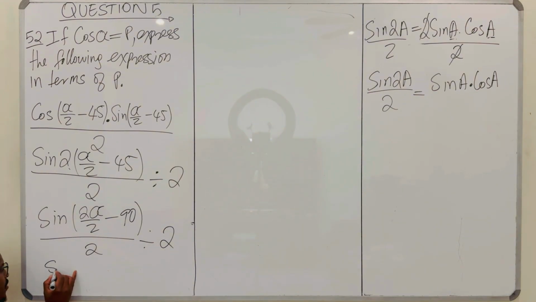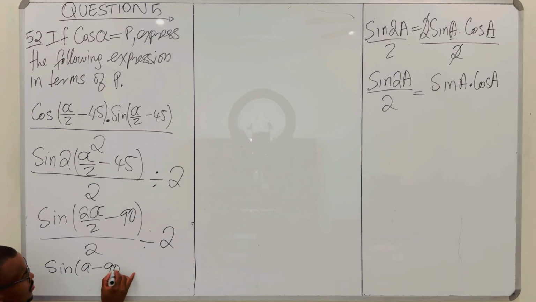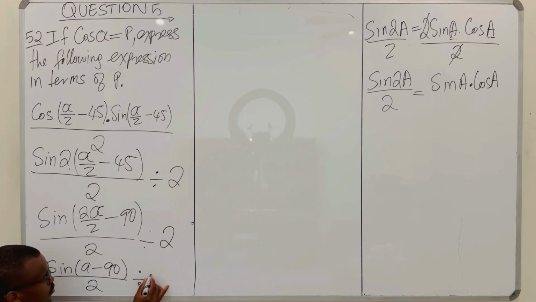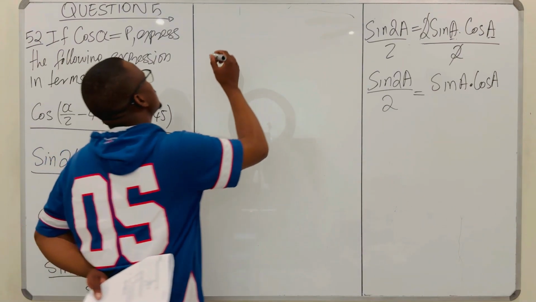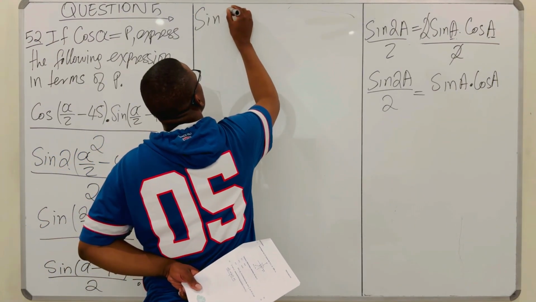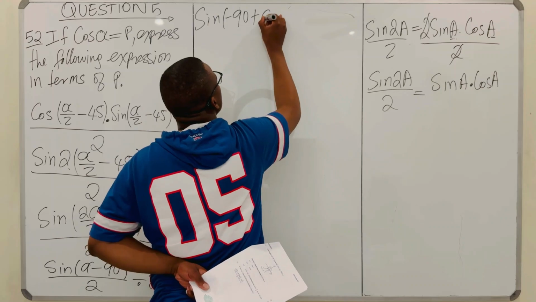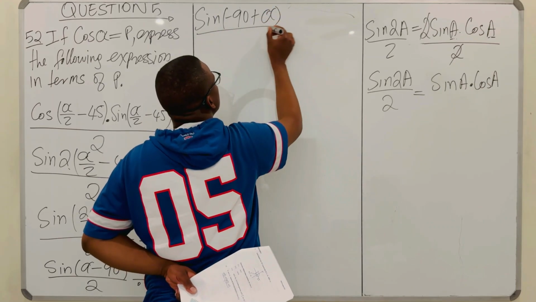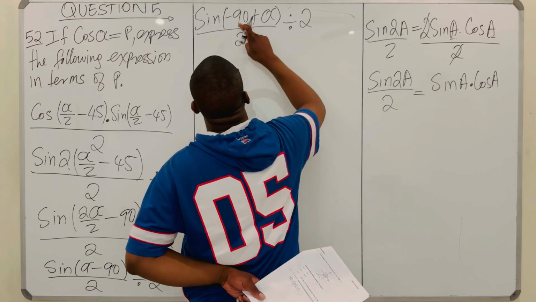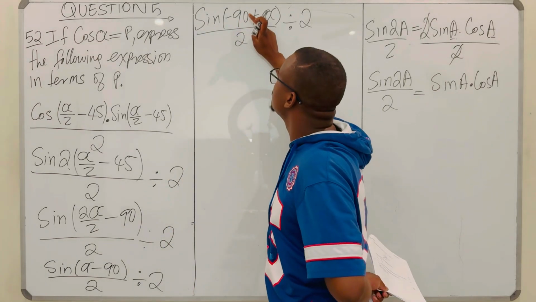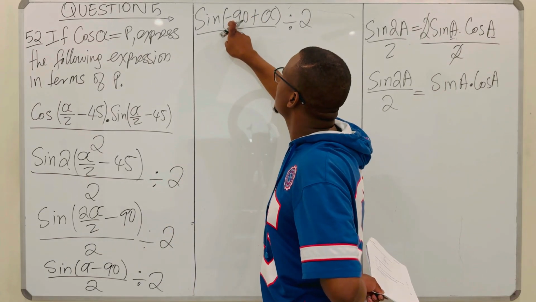So what you have is sine of (alpha minus 90) all over 2, divided by 2, right? This is not A, this is alpha, of course. So in simple terms, you have sine of (negative 90 plus alpha) all over 2, divided by 2, of course. So you know that if you have your maximum, which is the number that sits here